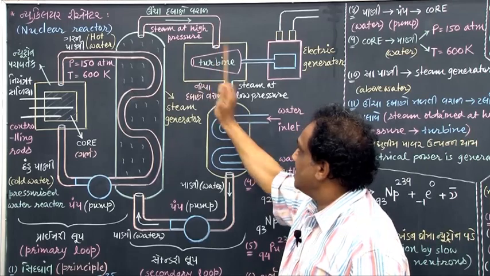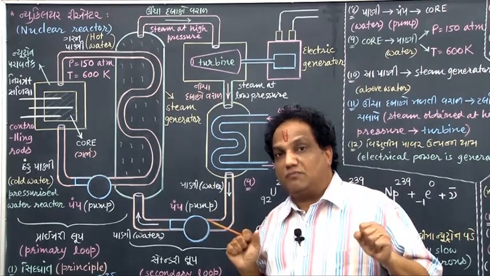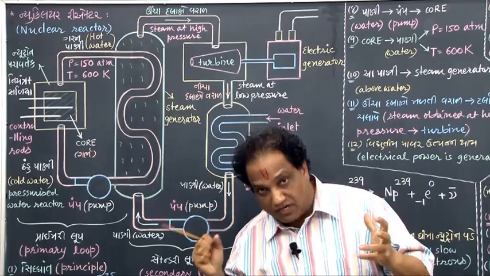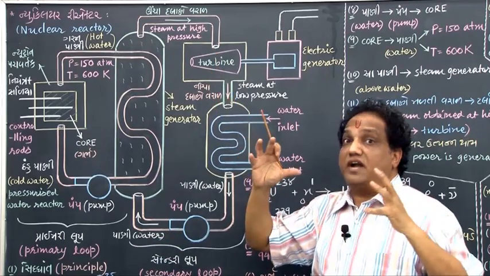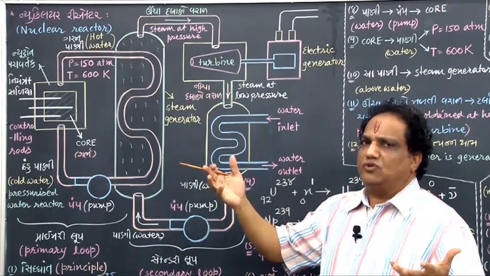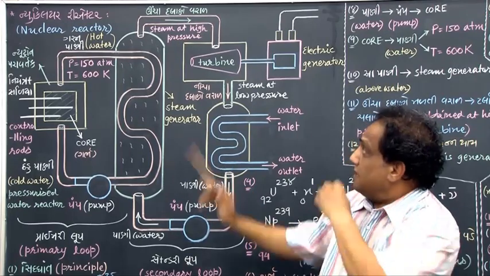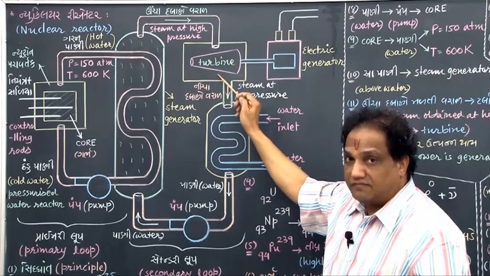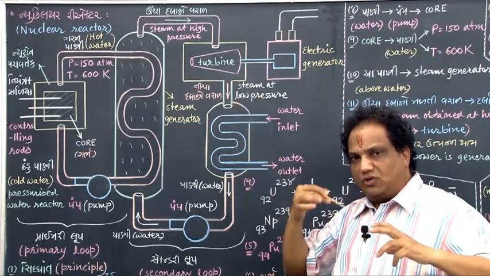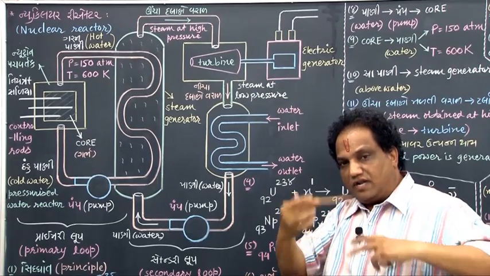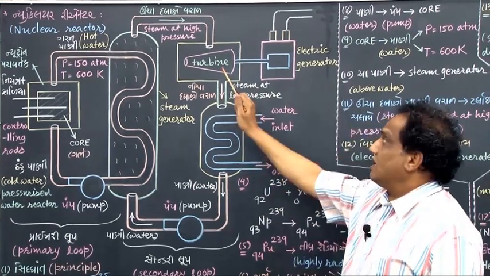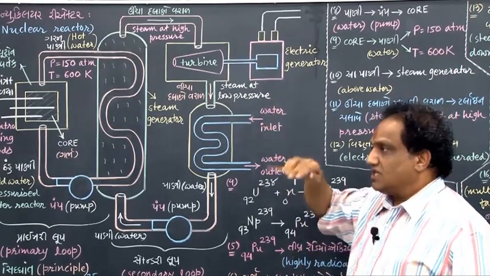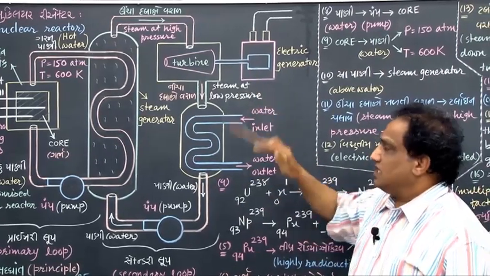In that steam, we have highly energetic molecules of water vapor, and they have a lot of kinetic energy. Kinetic energy, you know, is a part of mechanical energy. Now, tell me, using that mechanical energy, what do we do? We run this turbine. The turbine is a sort of wheel, and when it runs, the armature made up of copper coil also starts rotating